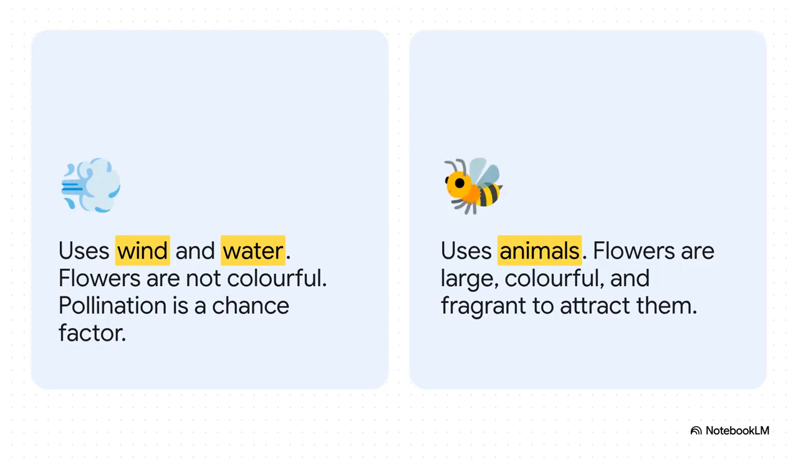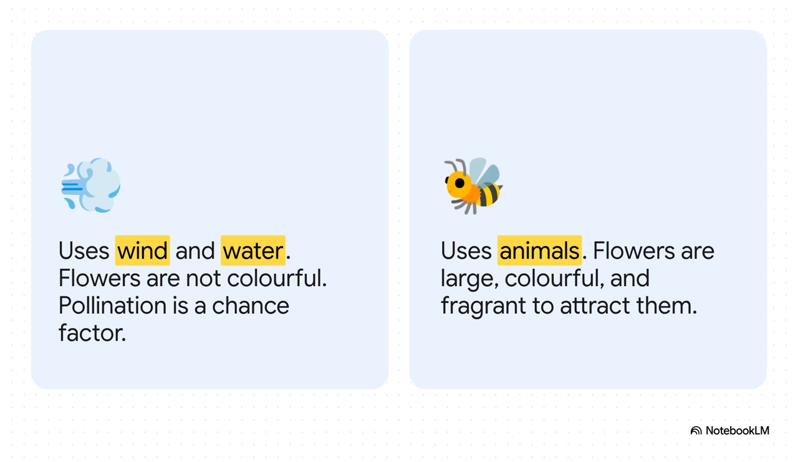So how does pollen actually travel? It needs help from external agents. These agents can be abiotic, meaning non-living, like wind and water. Now, this is really a game of chance, isn't it? So these plants don't waste energy making pretty flowers. Instead, they produce enormous amounts of pollen that's super light and non-sticky, just hoping the wind carries some of it